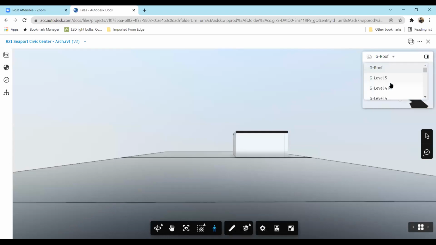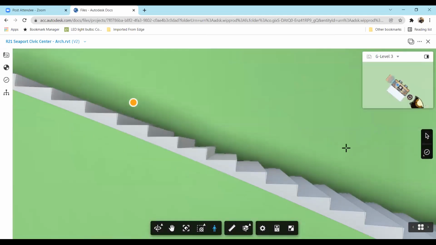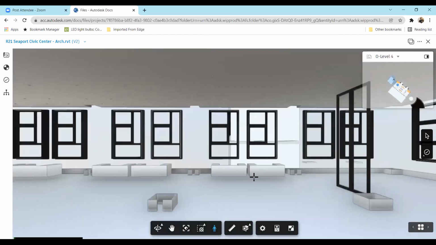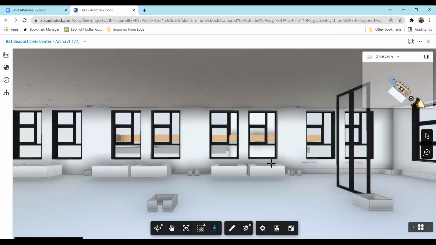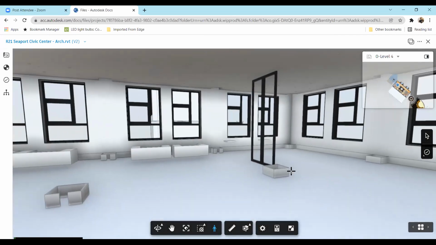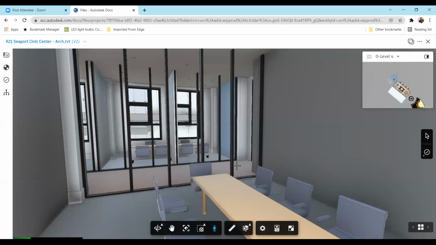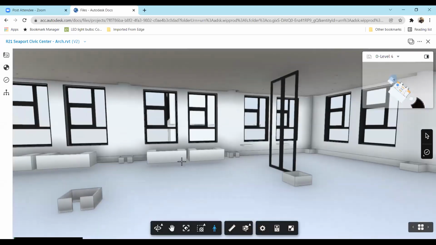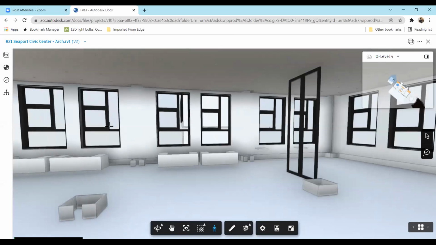So I can just change the level to maybe let's say level 3. So what is there in level 3? This is level 3. There are some furnitures. I'm being able to see that there's this conference table over here. I can walk forward, move out of the conference room, and I have to hold still. Of course, it's a heavy model. And I'm being able to see all the furniture.